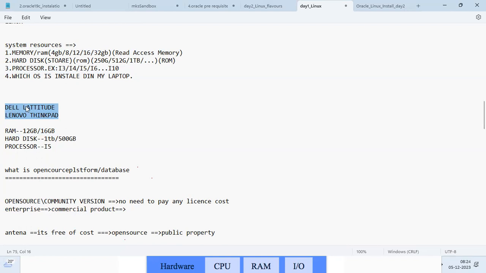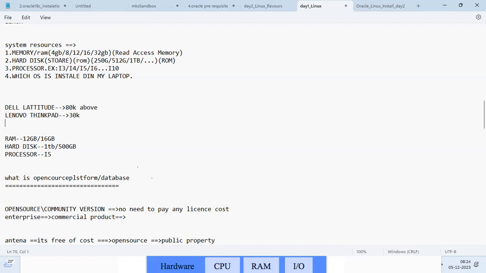If you want to buy these two laptops new, they cost almost 80K and above. If you want a new laptop, you can buy one, or else at least a second-hand one, which could be around 30,000. The rest of the laptops, Dell Inspiron and many others, easily hang after 2-3 hours of use.